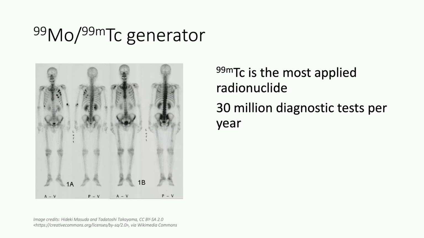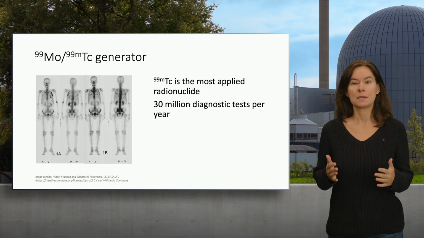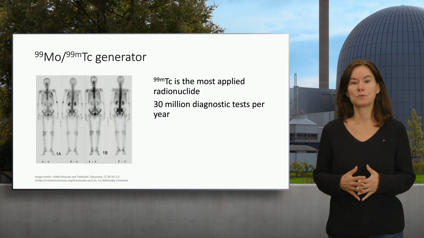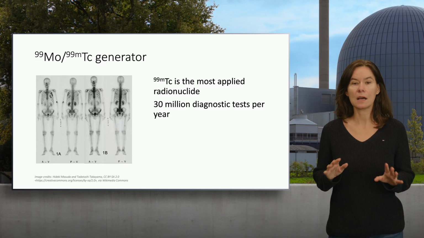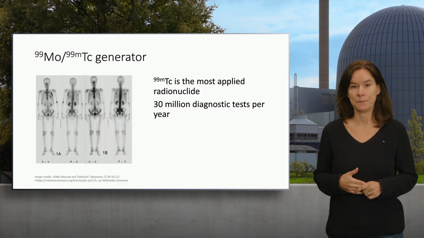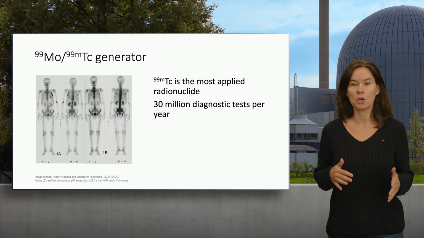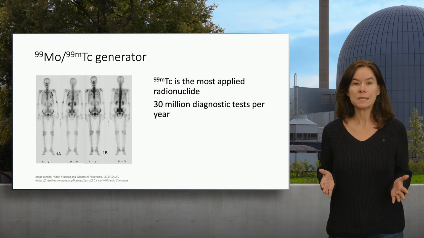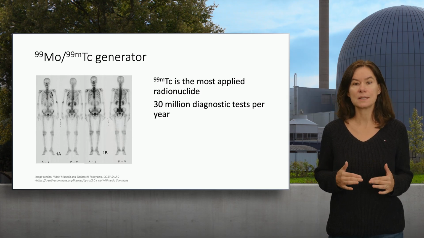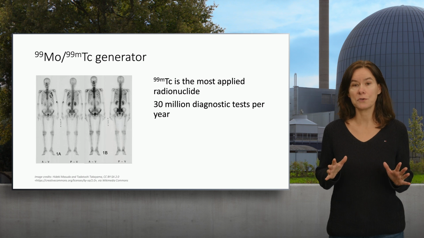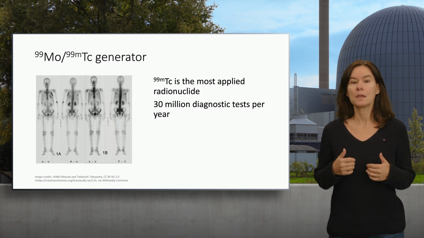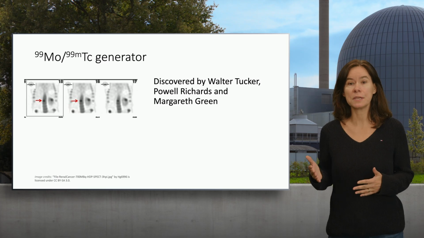Let's now have a look at some practical examples of radionuclide generators, starting with the molybdenum-99 technetium-99m generator, from which we will elute technetium-99m. Technetium-99m is the most often used radionuclide in medical diagnostics, accounting for 30 million examinations per year. This radioisotope is applied in diagnostics in many medical fields, cardiology, oncology, and others. You can see here an image of bone scintigraphy as an example of a diagnostic test to assess various bone conditions. Here you can see another example, this time of kidney cancer.